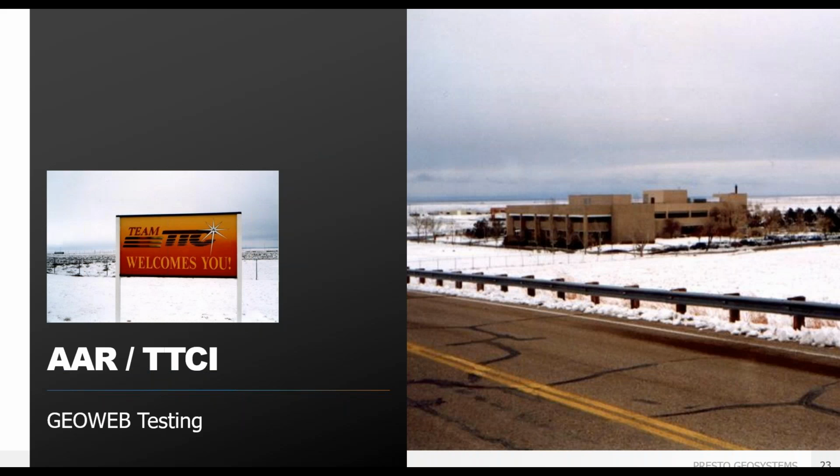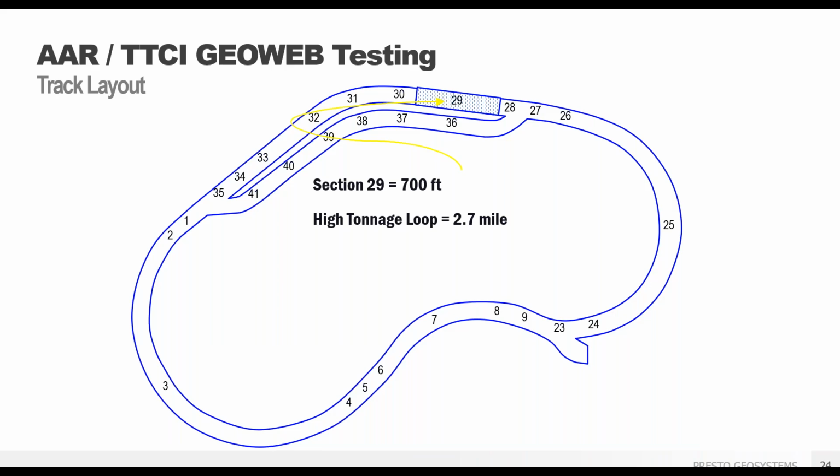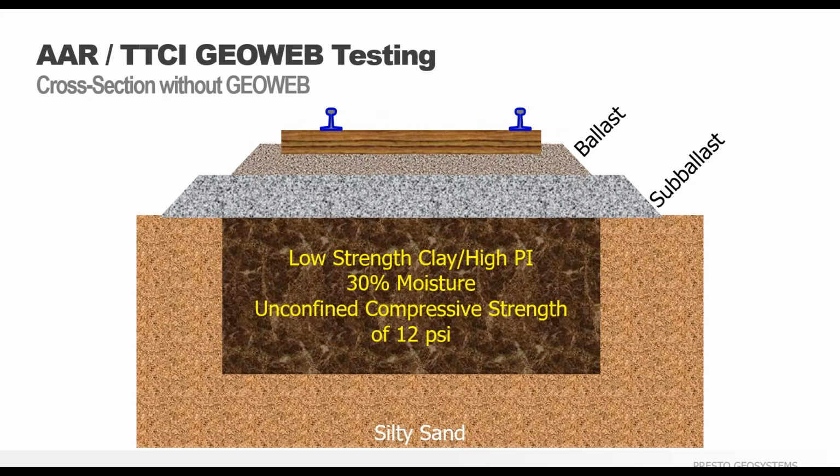So let me talk a little bit about some research and testing. The first one we did was back in the early 90s at the TTI Center out in Pueblo, Colorado. I'm sure a lot of people are familiar with that. Pretty much a lot of the railroad work is done and has been done over there for years and years. They have 50 miles of track. They have a bunch of different loops. We did the testing here on the high tonnage loop. We had a 700-foot section that we compared, unsupported and supported with a geocell. For this one, we brought in a low quality Mississippi mud, it was called. It was a really high plastic clay, CBRs way less than 3%, at a 30% moisture content.